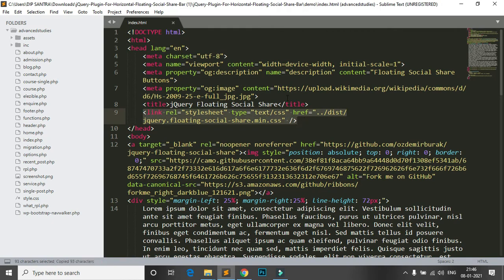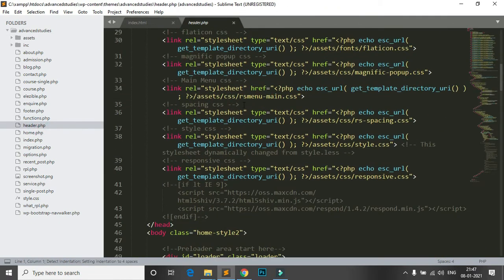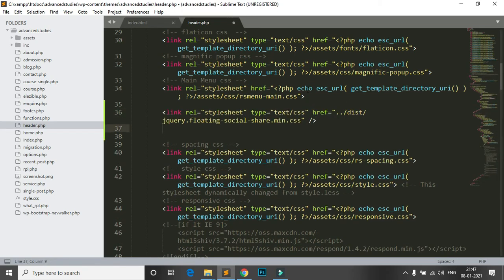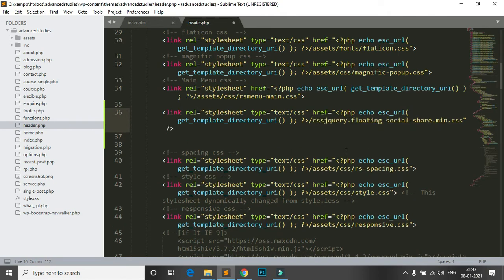I just copy this one, and this is my project. I go to the header and paste it here in the header, with the HTML code. Link the CSS with this code.